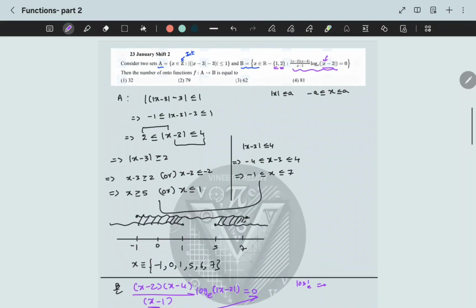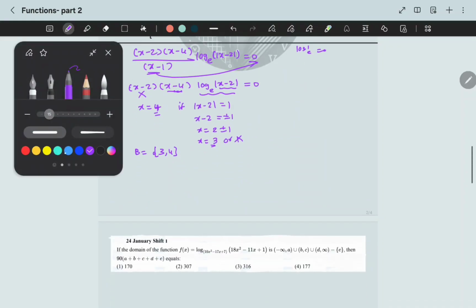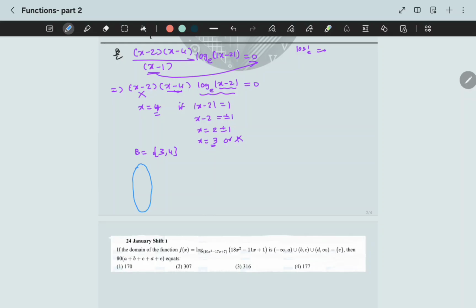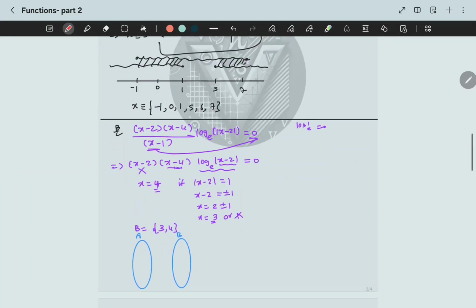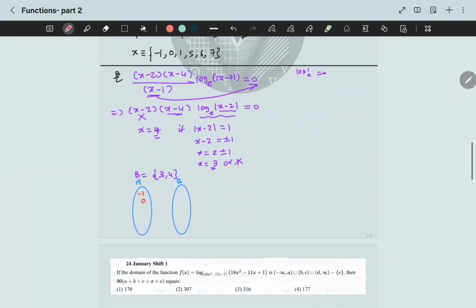Now we need to find the number of onto functions f mapping from A to B, right? So we'll try to draw the diagram. In this, the elements in set A are minus 1, 0, 1, 5, 6, 7, and the elements in set B are 3 and 4. So let us find the total number of onto functions. That will be the total number of functions minus